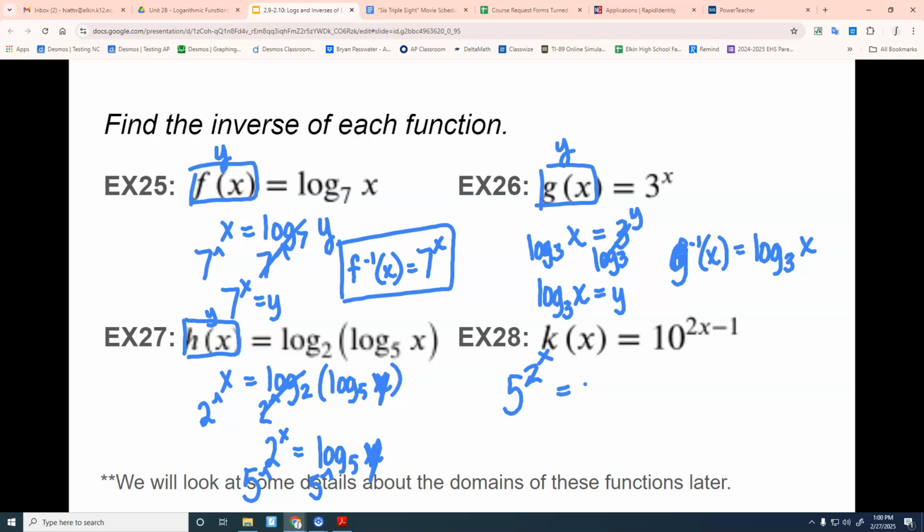Now, it is unlikely that they're going to leave the answer like this. Oh, and I shouldn't be writing over here. I got another problem. I'm going to run out of room. I got 5 to the power to the power. It's unlikely they're going to leave the answer like this. But when I've got 2 powers here,